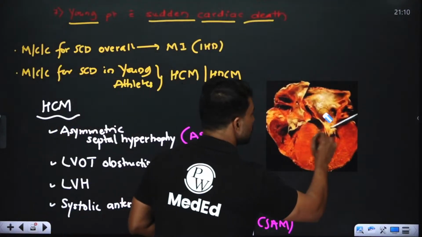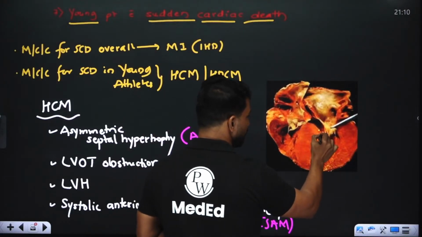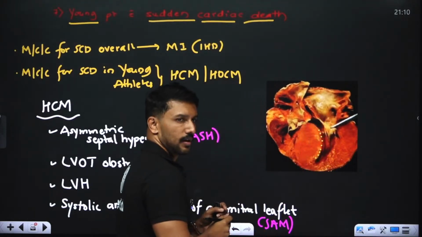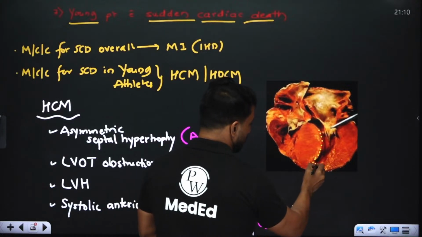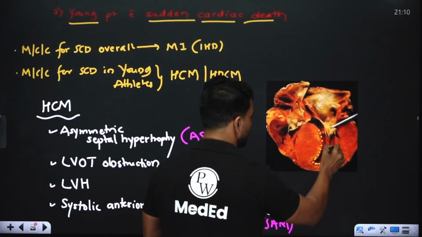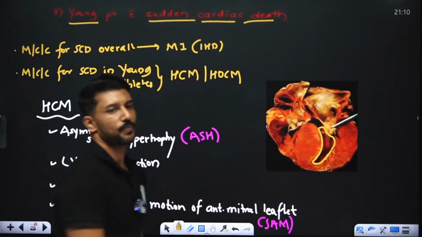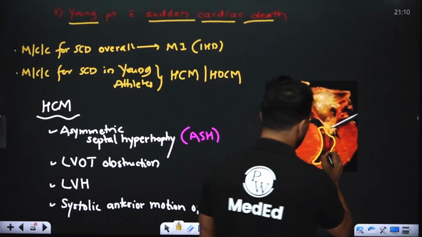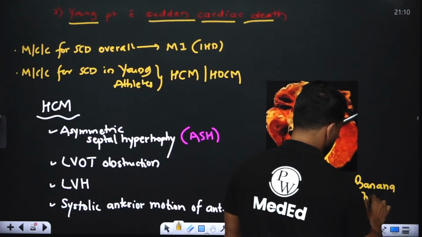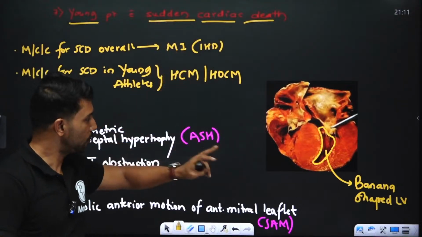And what else I notice in this image? Important thing that I notice in this image is that this patient's left ventricle now assumes a shape because this interventricular septum is encroaching into the left ventricular cavity space. This left ventricle kind of looks like a banana, right? That's what we call the banana shaped left ventricle. Banana shaped LV. So the context, young and sudden cardiac death, and you see, you don't have to go through